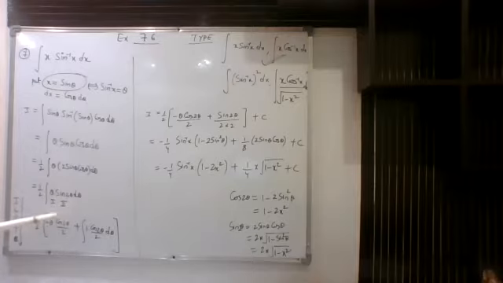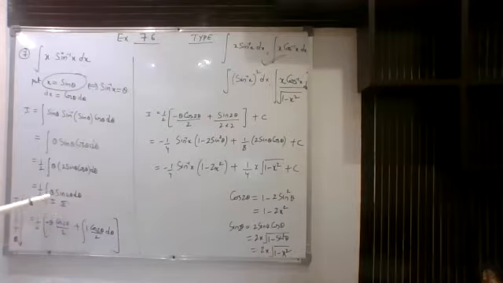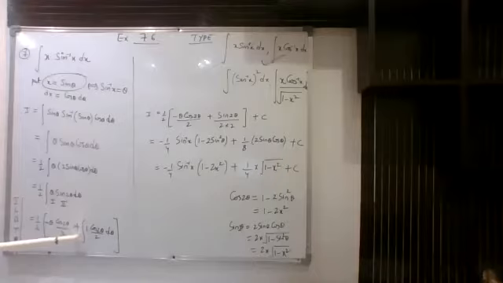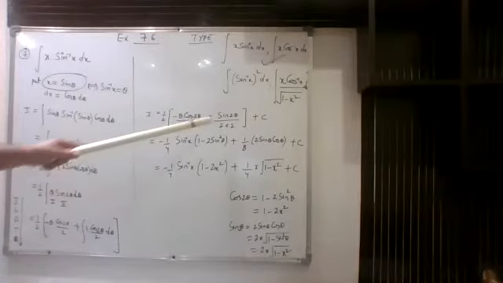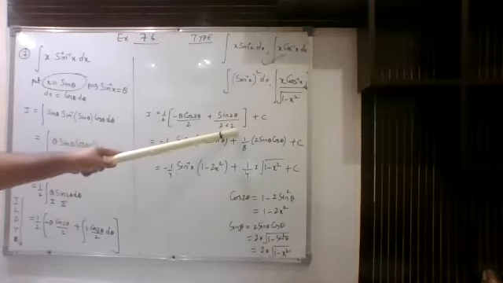Let us integrate this. First function as it is, integration of sine 2 theta was minus cos 2 theta upon 2 because of the extension formula. Then minus derivative of theta with respect to theta, which is simply 1, times integration of sine 2 theta, minus cos 2 theta upon 2 d theta, and here I had written plus because minus minus will become plus. Now after this, I just integrated this once again. Integration of cos 2 theta was sine 2 theta divided by 2.